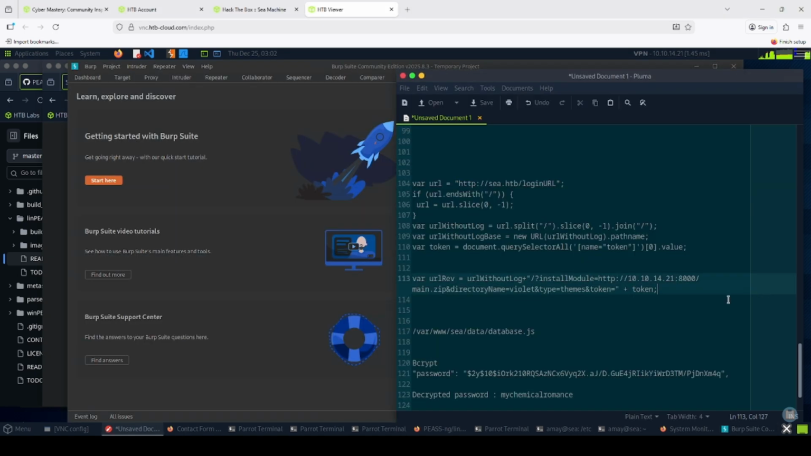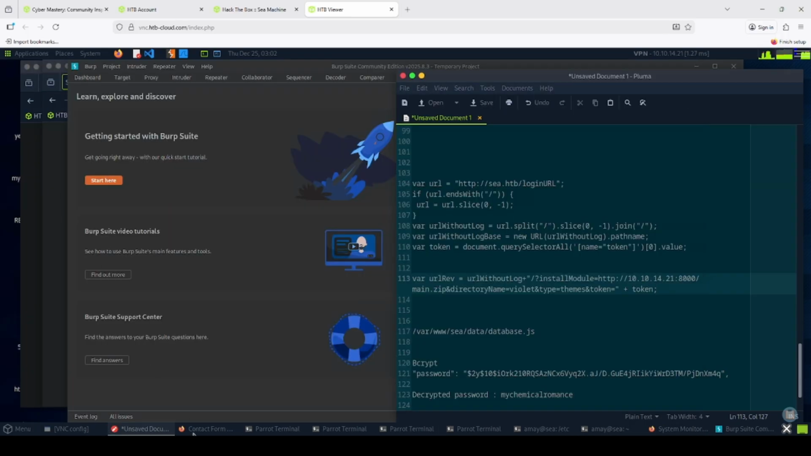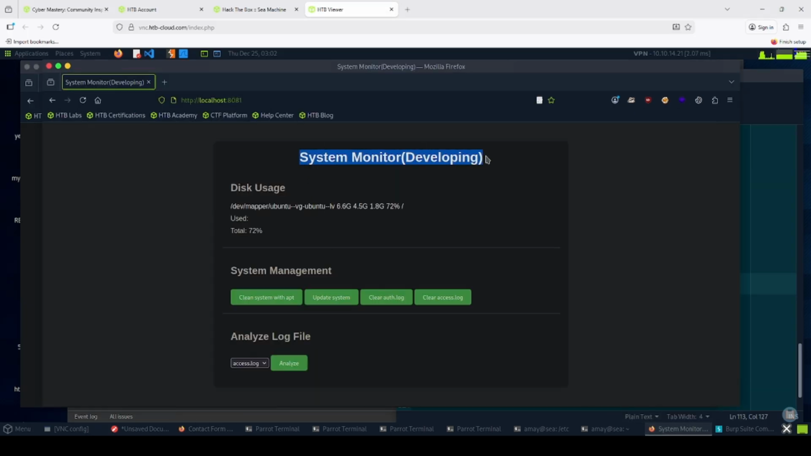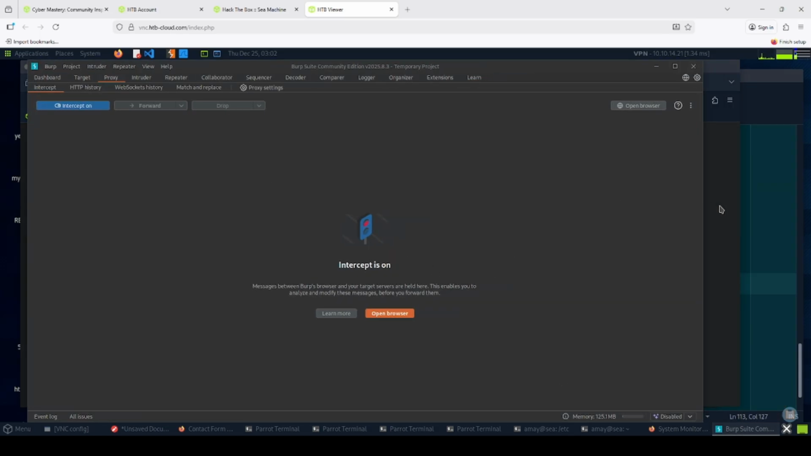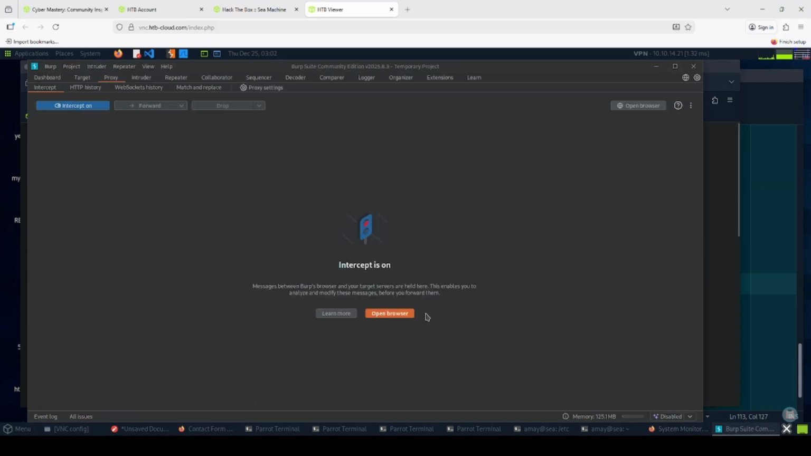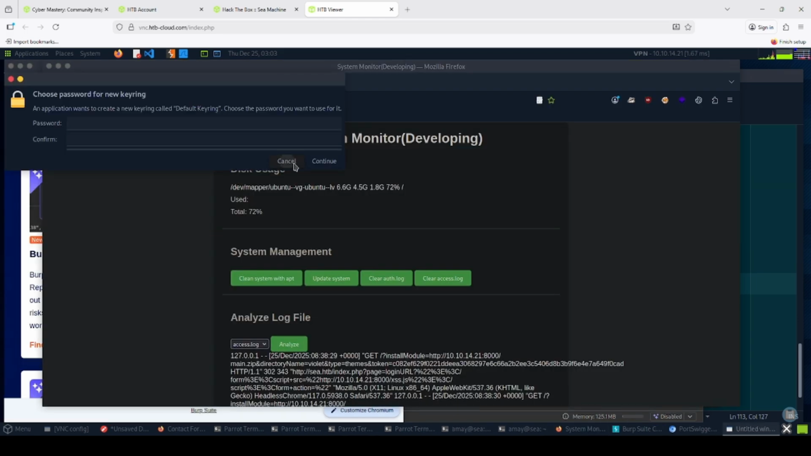So when we open the browser, we can find this system monitoring. So there is a feature to analyze log. So we would like to look into this proxy, but I'm not sure why. When I tested this before, it doesn't work. So I will open this browser here and